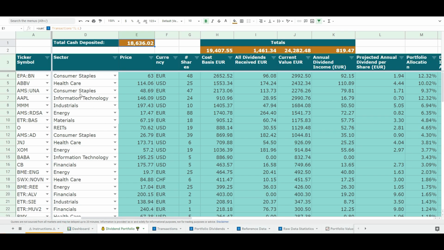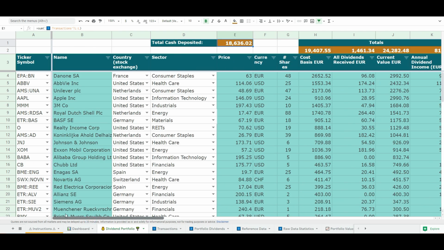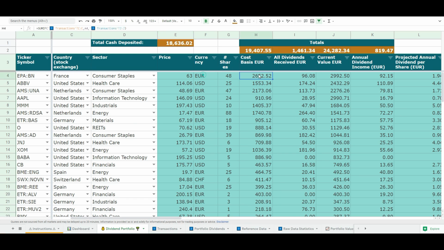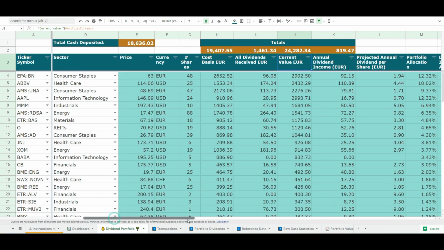Here you see the dividend portfolio sheet. It is a more detailed view on your portfolio. You see all the tickers and the company names that you own here. Everything in white is what you define yourself, and everything in the other color is what is automatically populated based on the data that we were able to pull from Google or from other templates. It shows you here what the cost basis is per stock, per position, shows you all the dividends you have received so far, in this case in euros, current value of the position, the annual dividend income, forward dividend income,